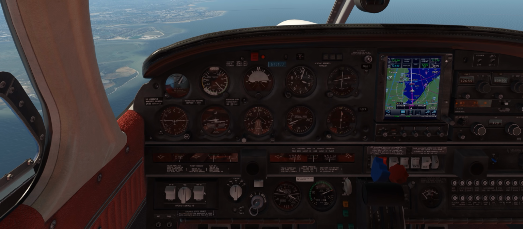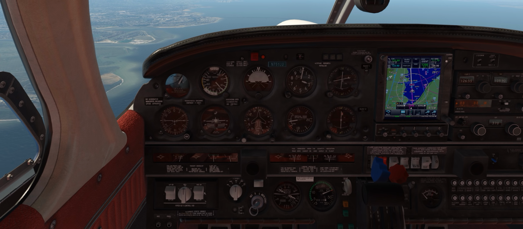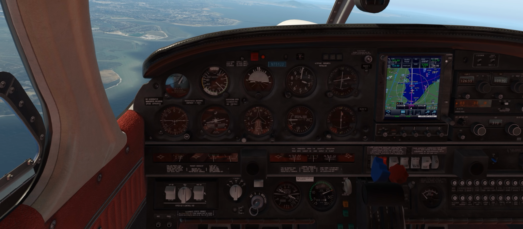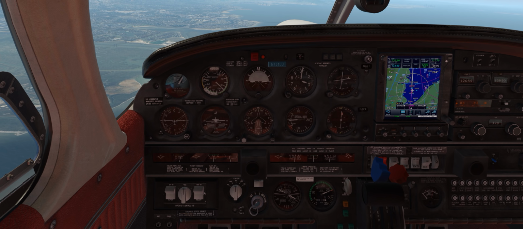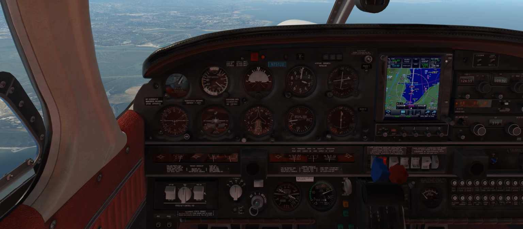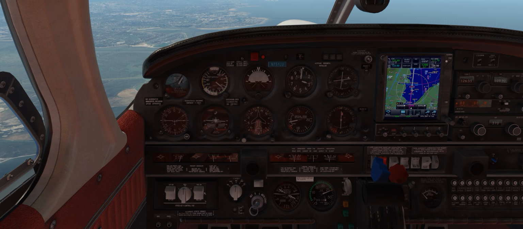Okay, so there's 90, and I started descending just a little prematurely, so I'm just going to hold that for a little while longer. I'm going to go about 5 degrees to my left, recapture the localizer,